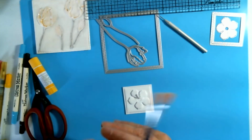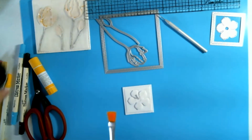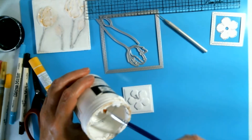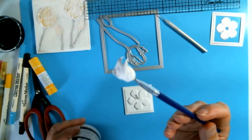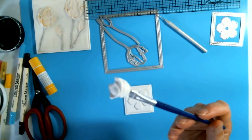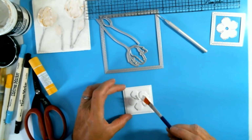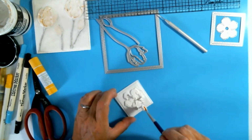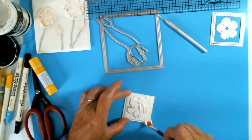I like to use a paintbrush to apply gesso, but of course you can, if you choose to, use your finger. So I'll show you now why I like this so much. It's incredibly thick, and for me it gives a great painterly effect with the brush strokes that it leaves. So I'm going to brush this all over,